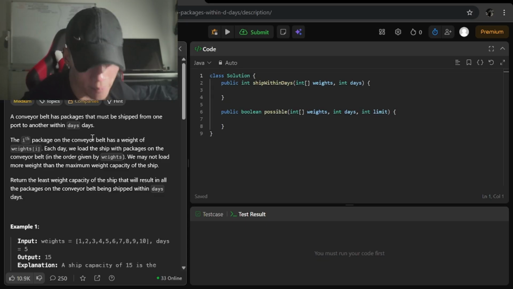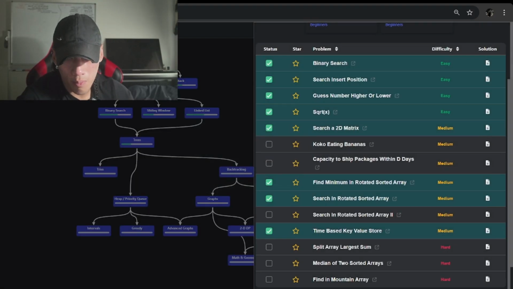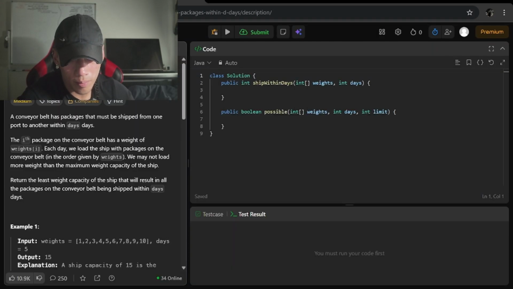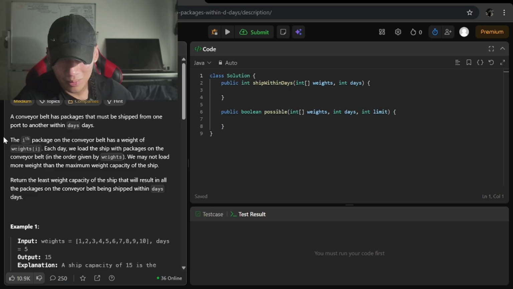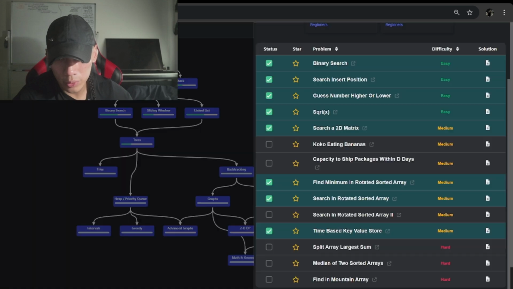Lucky. Okay, Koko eating bananas. What's the percentage on that? 49.8. Yeah, that one is hard, bro. I'm not gonna lie. Alright, let's do this one, then we'll do revision. Or we can do more.